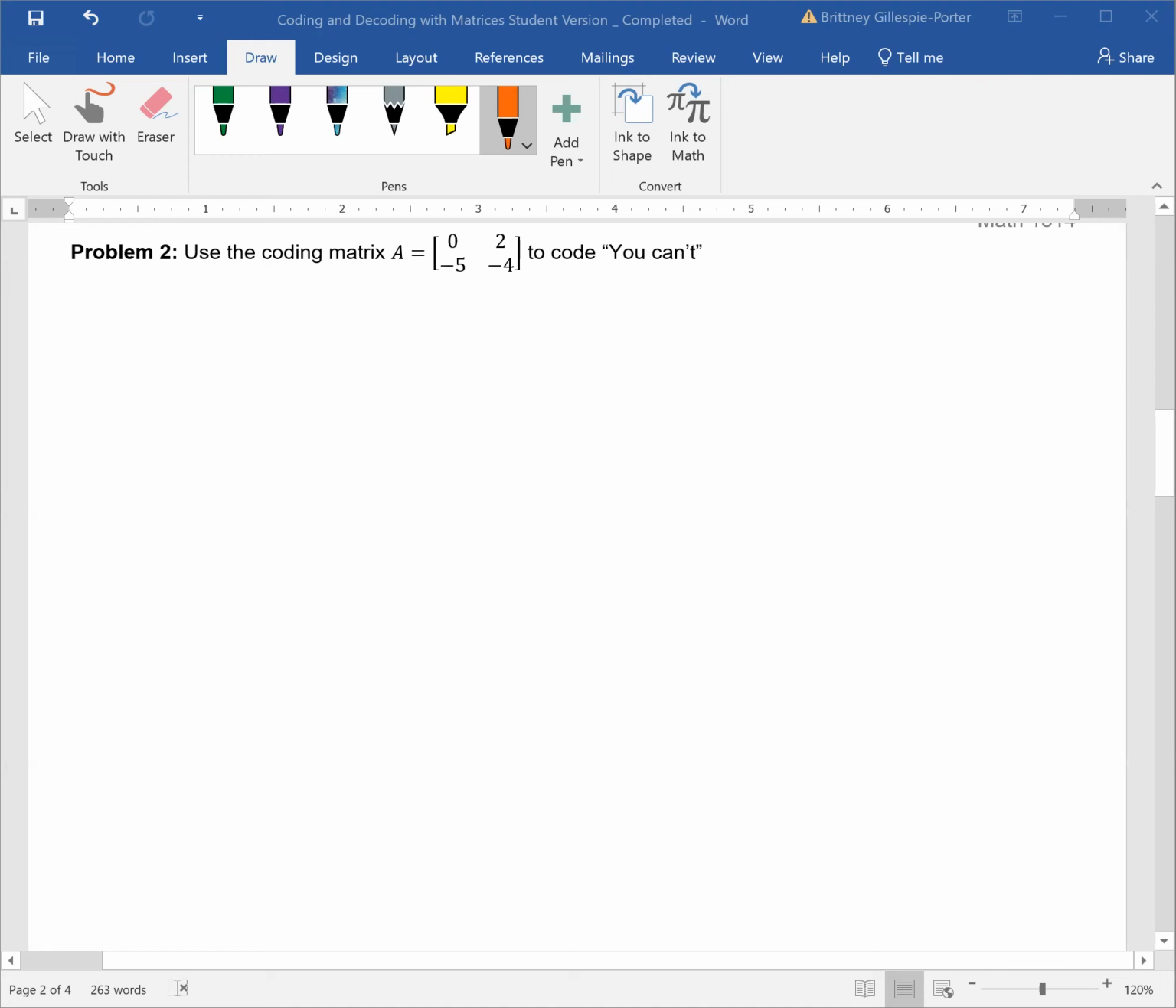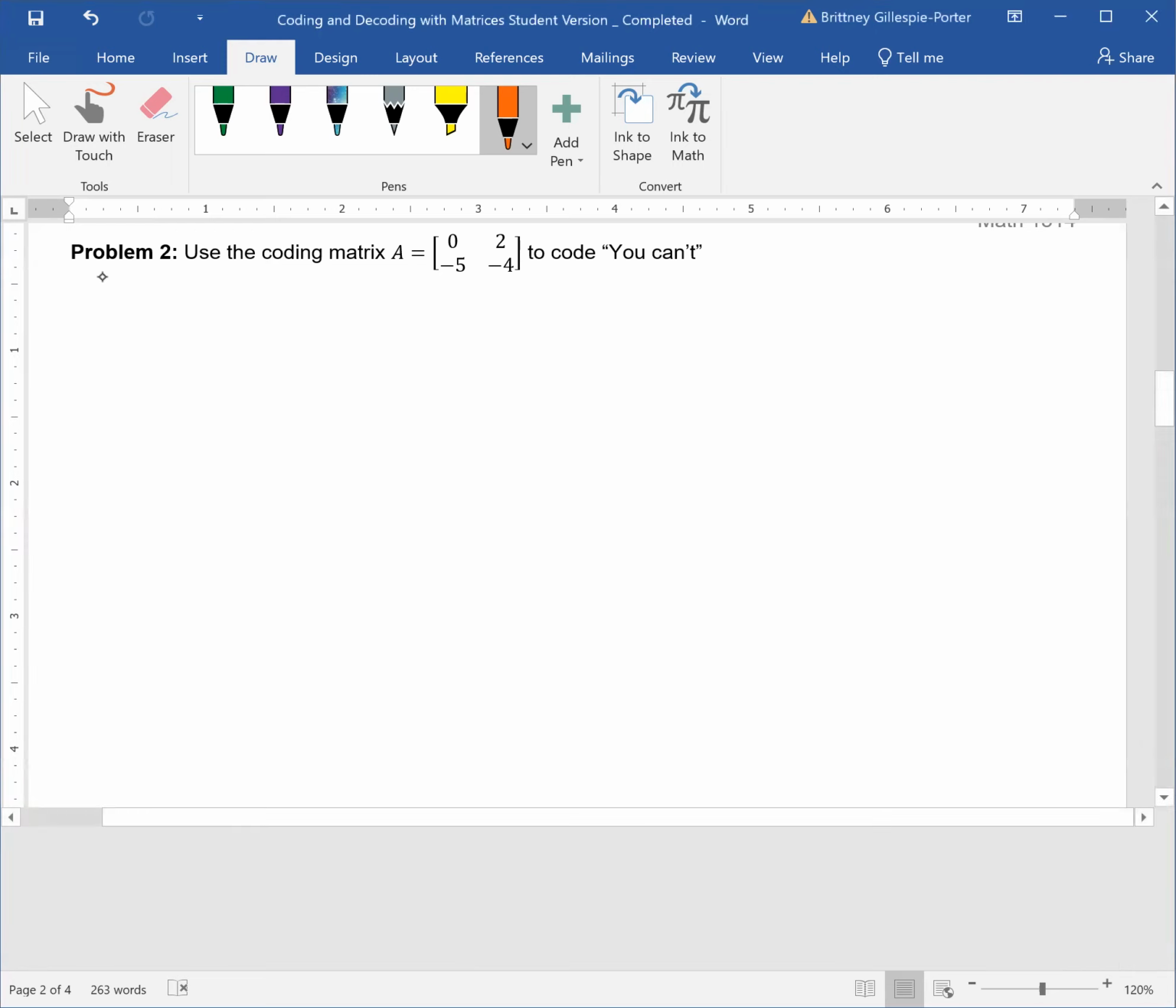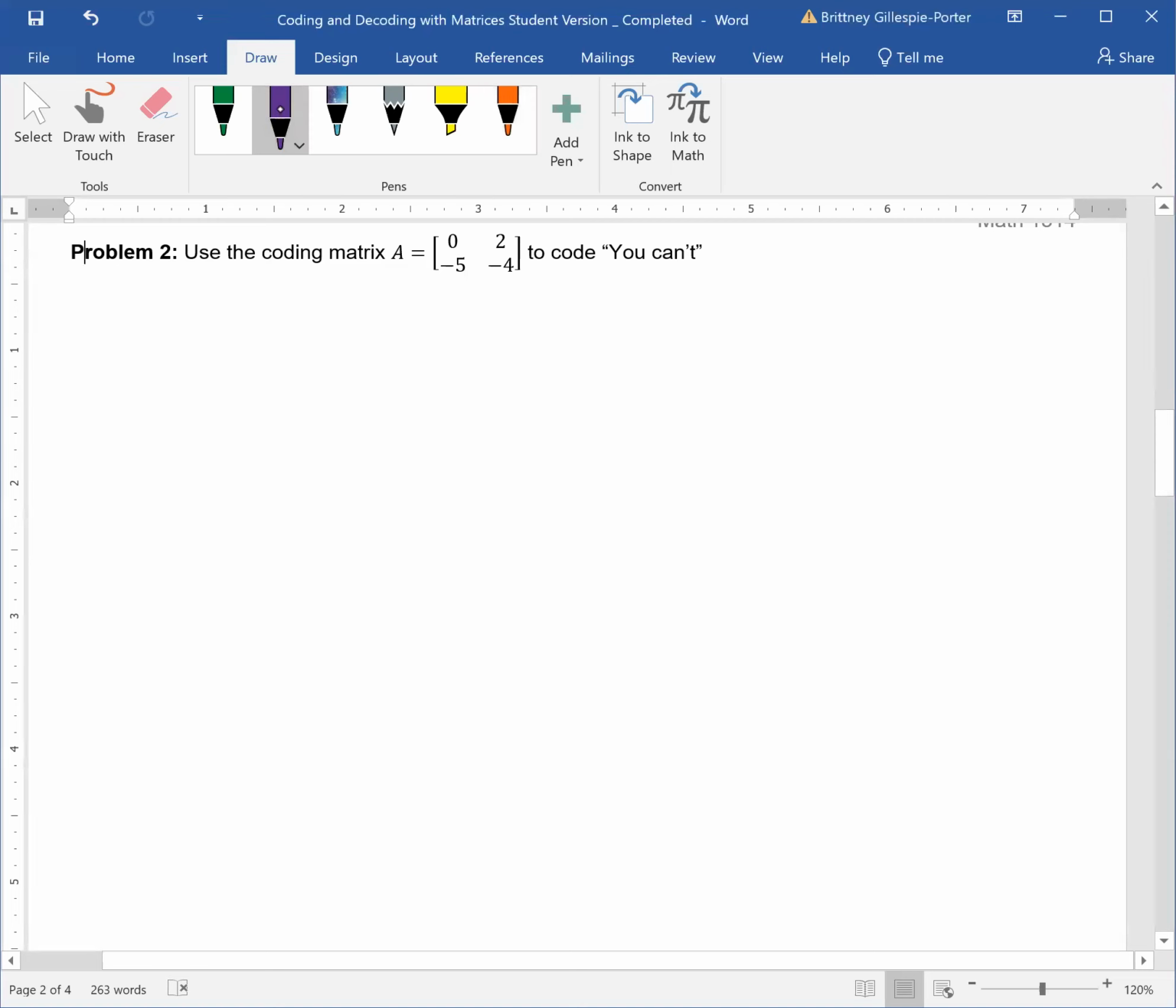Let's try another example of using the coding matrix to code our message. They gave us the coding matrix. You should already have your alphabet written out, A being 1, B is 2, C is 3, and so forth. Space is 27. So we need to take our message and convert it from letters